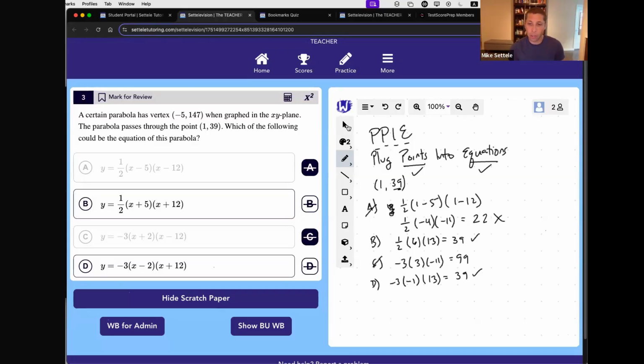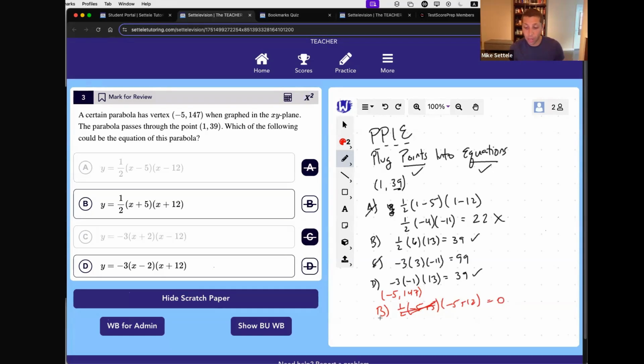But in this case, we got to do something else, but that's okay, because, well, they give us a second point, right? So let's just do that. Let's do the other point here. Let's squeeze it in. -5, 147. Here's where I might start to go towards my calculator, but at the same time, have some confidence, because -5 plus 5 is 0. So this whole thing is a 0, which means everything is 0.